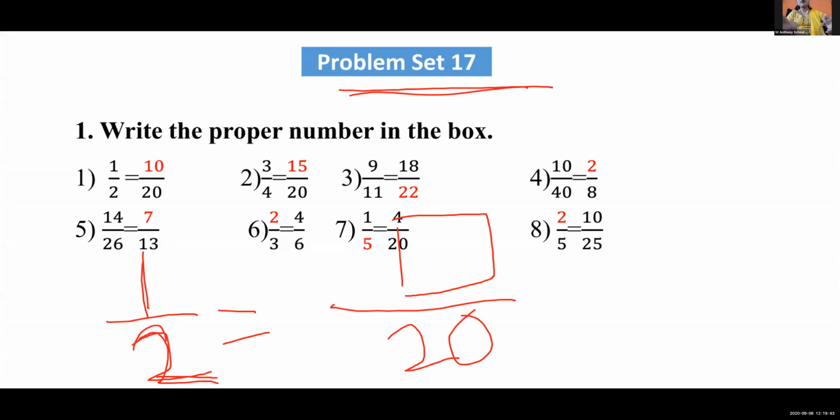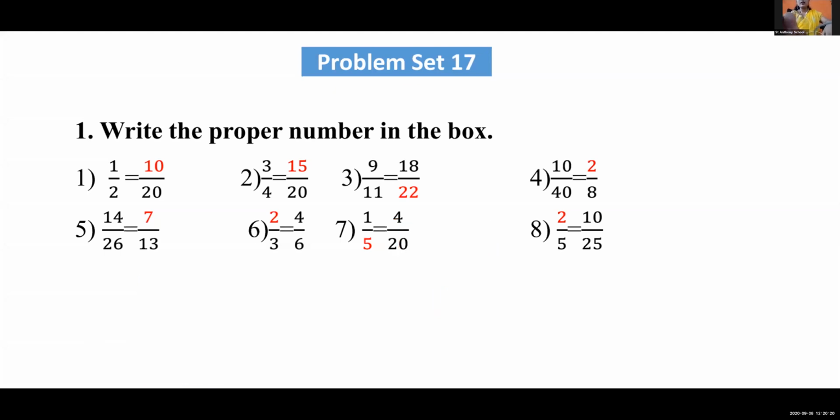Here 2 is the denominator and here 20 is there. How will 20 come? After dividing or after multiplying? When we are dividing, that time we are getting the smaller number. When we are multiplying, that time we are getting the bigger number. Correct ना? Multiply करने के बाद ही हमें बड़ा number मिलता है. So here a bigger number is there, means which process takes place? Multiplication. यहाँ पे क्या हुआ होगा? Multiplication. Okay ना? Correct?